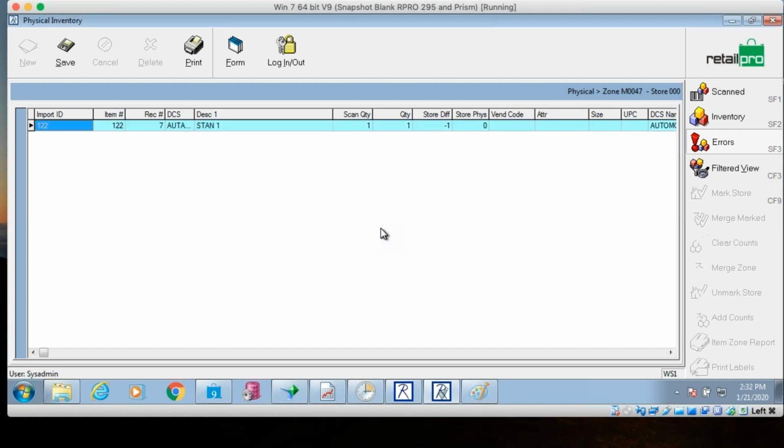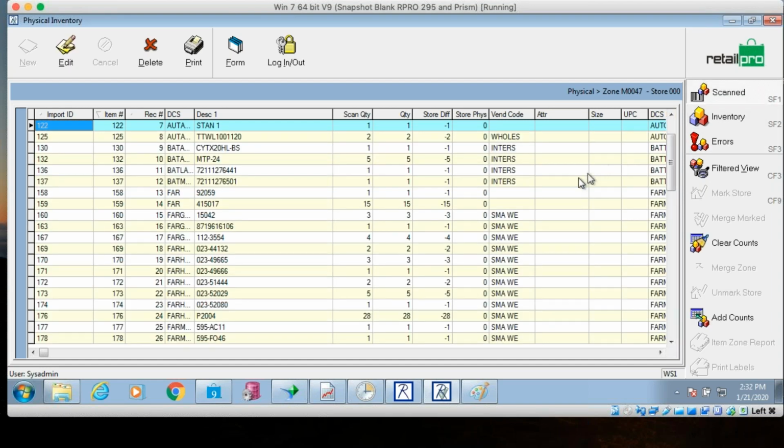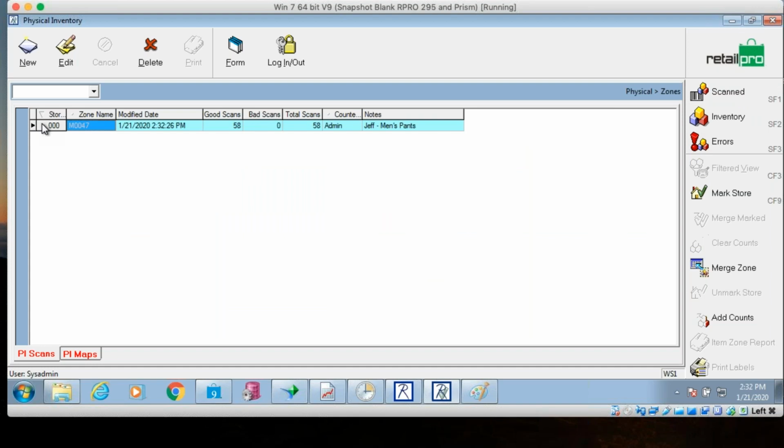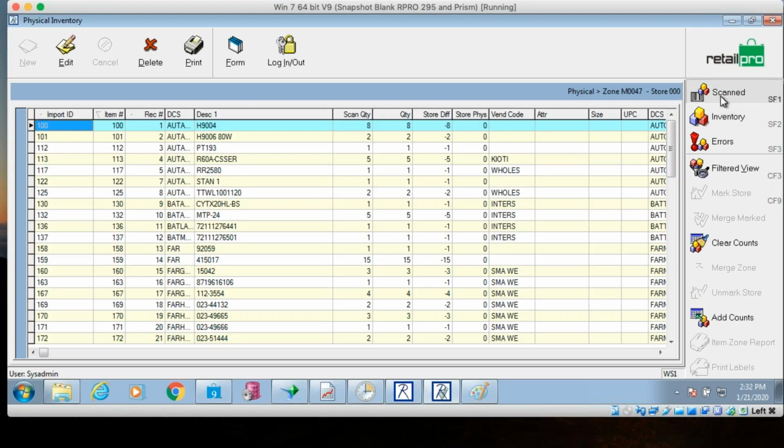So I'm going to click yes, deletes it out of there. There are no bad items now, and everybody's good. So if we back up one layer, you see we don't have a red dot anymore. Red dot gone. Error removed. Then I would go into scanned, and in version 8,